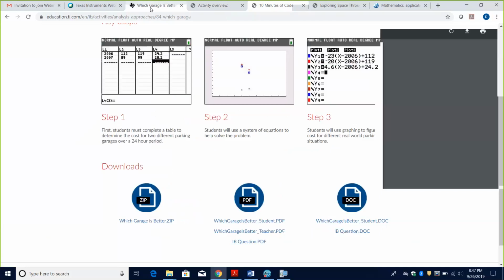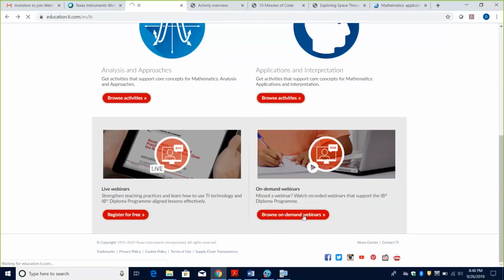So if I select the technology, and I'm doing Nspire, and then select the subject areas,